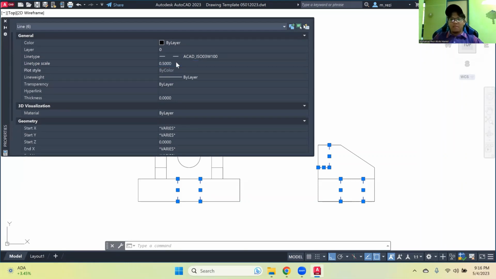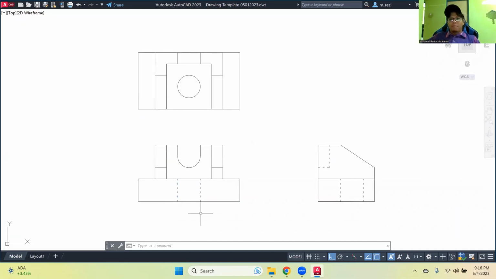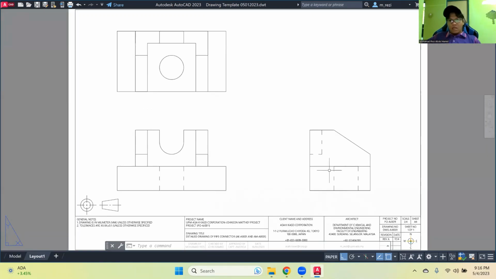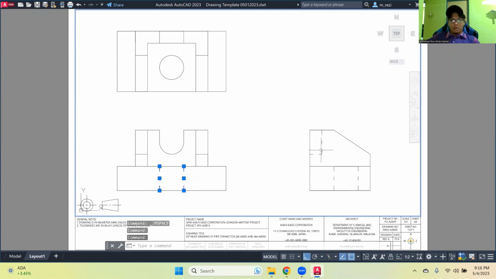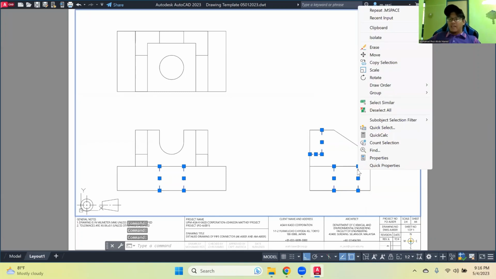Maybe 0.5 perhaps, I don't know. Maybe 0.25. Okay, better, but again, I much prefer to check in the layout space. Now, in the layout space, it has more lines here. It has less line. So maybe what I can do is I can adjust them here. I can adjust them from the layout space so that I can see how the lines appear in the layout space